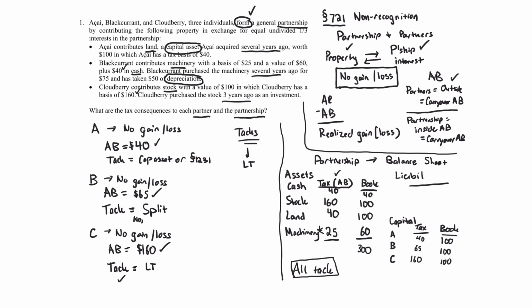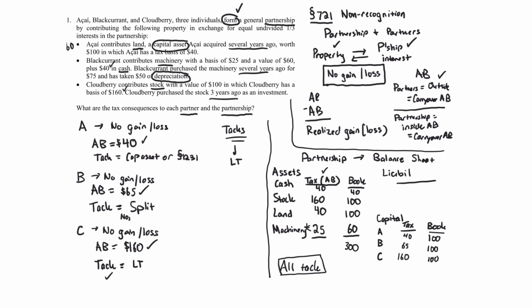Which also brings up the issue of all of these assets, the land, the machinery, and the stock, have built-in gains or losses. What do I mean by built-in gain or loss? Take the land, for example. The land, when A contributes it, has a basis of 40, value of 100. So there is a $60 built-in gain. That $60 built-in gain that is inherent in this land